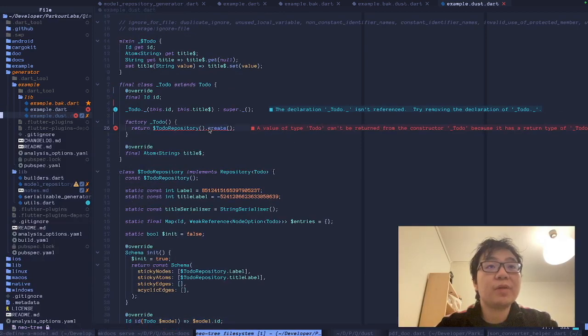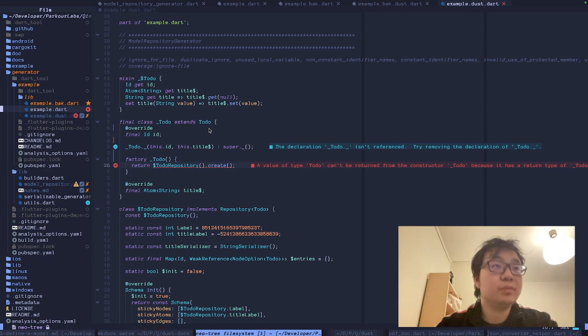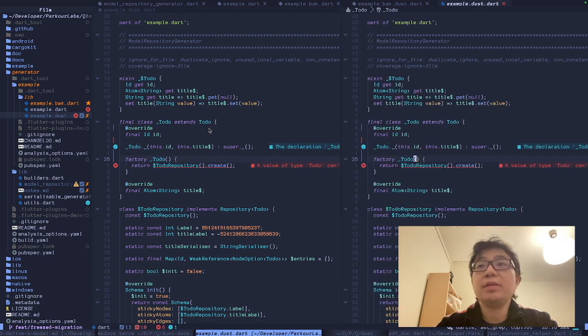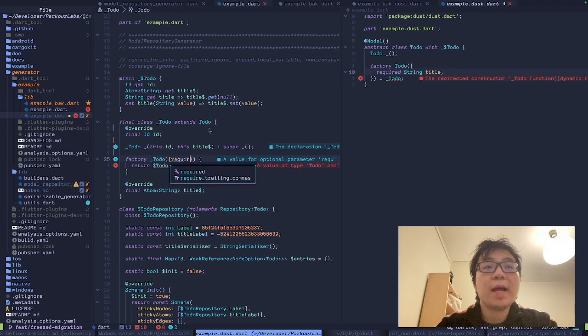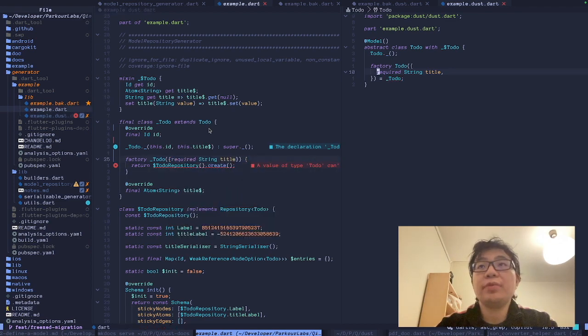Let's first go to the factory here, right? And this title thing isn't inside here. If you look at the example.dart, we can jump through it. It has a required string title, so we also want that to be required string title here. Now this would make the constructor redirect work. If you haven't seen this syntax, this is a redirecting constructor, meaning that calling this constructor is basically calling the underlying constructor. And another thing with this is that